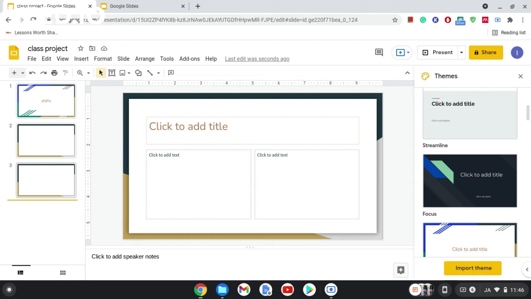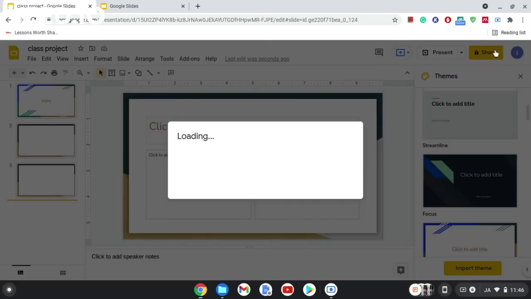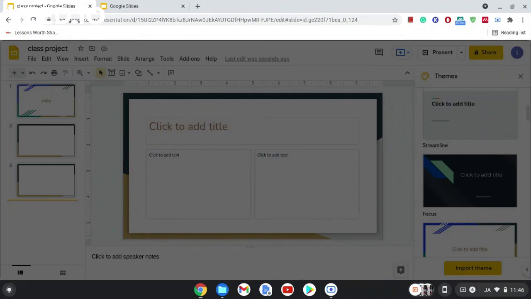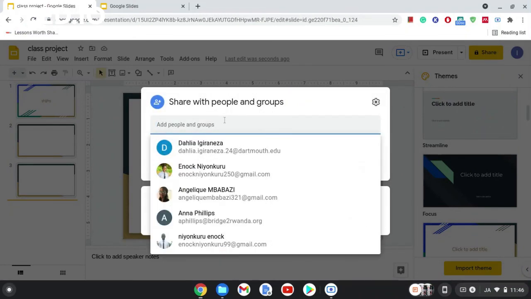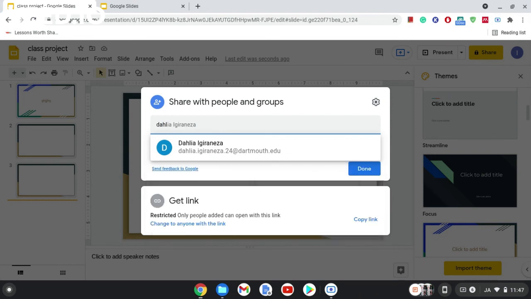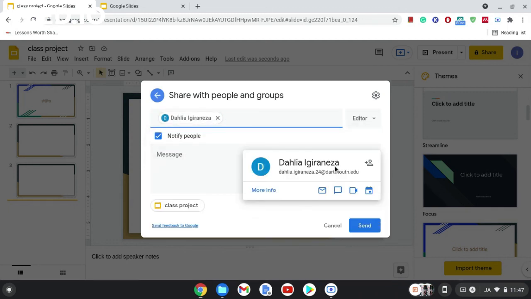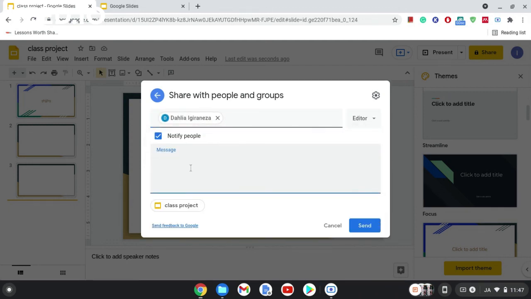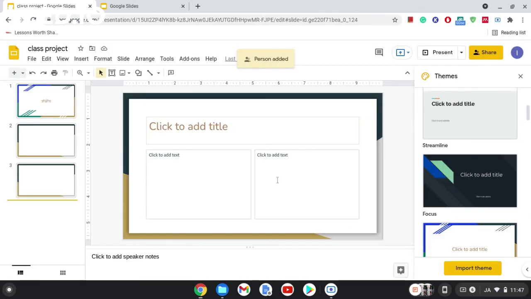Another feature to note about Google Slides is that you can share your Google Slides. The same way you have seen you can share Google Docs, you can also share your Google Slides. For instance, you just click here on share, and here, as you have seen, just type in the email of the person you want to share it with. Let's say you share it with this person. Just click on this email. If you want to write a short message, you put it in here, and then you click on send, which means these slides are also shared with the person I've added,